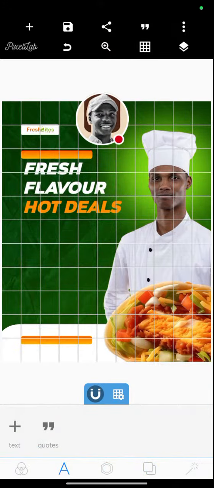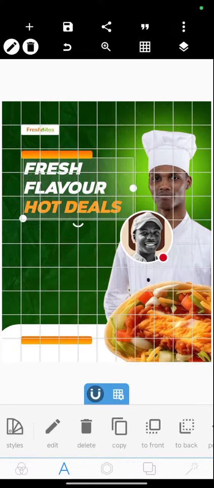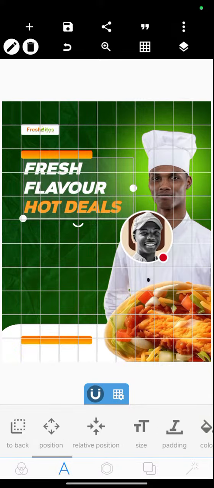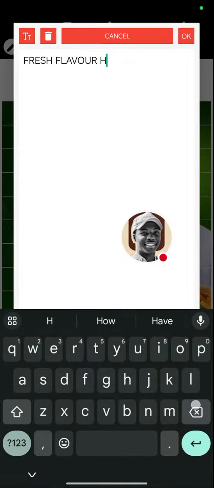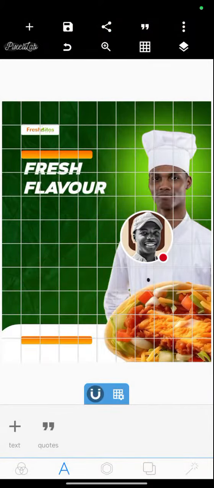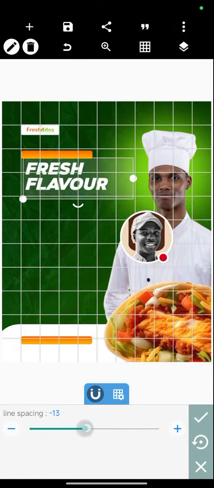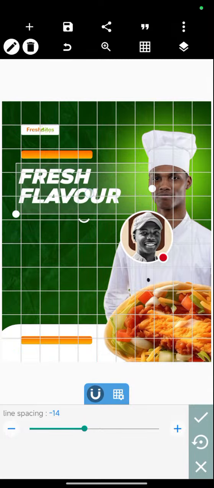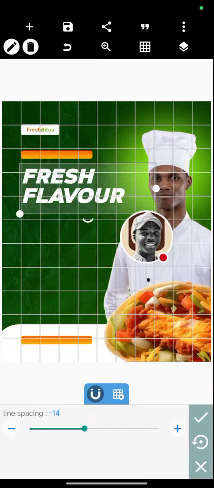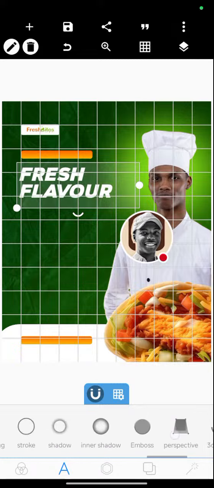So that's it. But this is looking too plain, so let us work around with some kind of effect here. This is not going to work here because I want this to be bigger and bolder. So I reduce the spacing a bit and increase the size. I still don't enjoy the vibe of that font, so